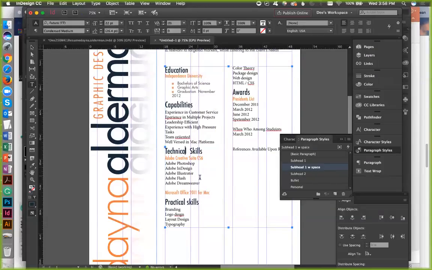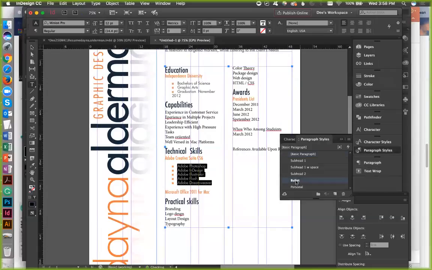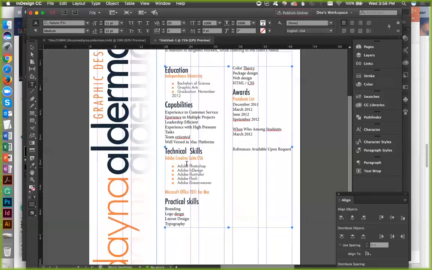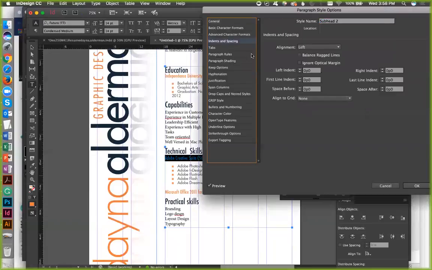Not much, so. All right, this one right here is going to be my bulleted list, right? Now there's space there. Why is there space? Oh, there's a space after in that one. So I don't need paragraph style, subhead 2. I don't, oh no, there's no space after.